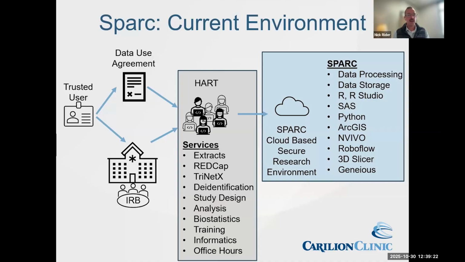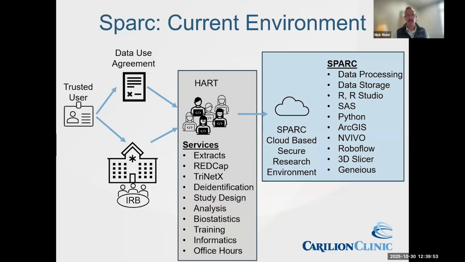We'll call out the many, many functions that the health analytics research team provides, as well as additional services and software. We'll talk a little bit more about the software, but they do provide data extracts. So you currently don't have to pull your own data. They'll liaise with you to make sure that you get the data you want instantiated into your project file within Spark. They will connect REDCap functionality to Spark, as Maddie also talked about, using